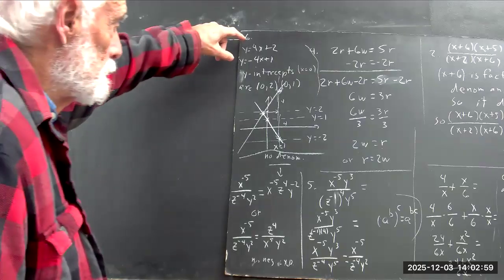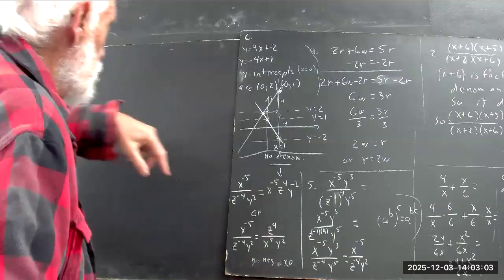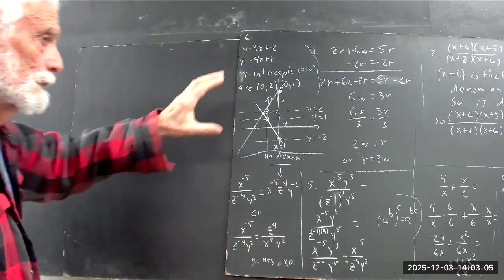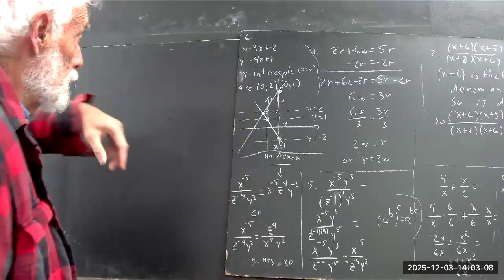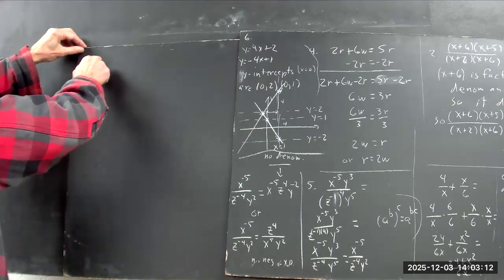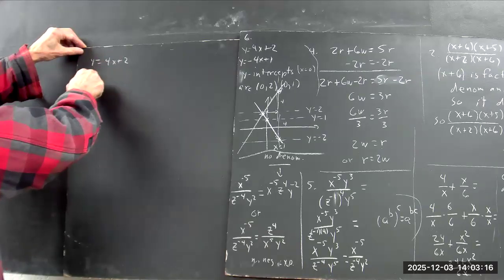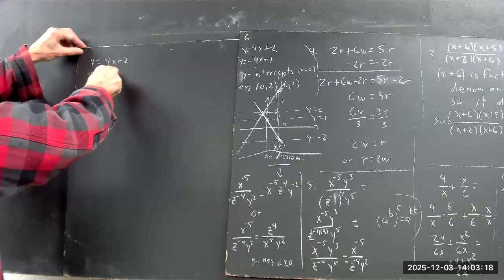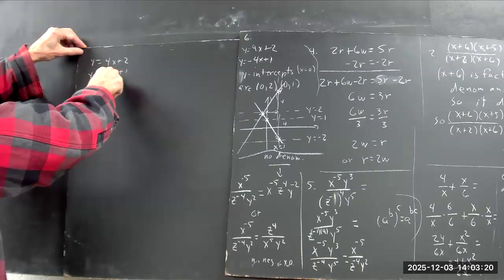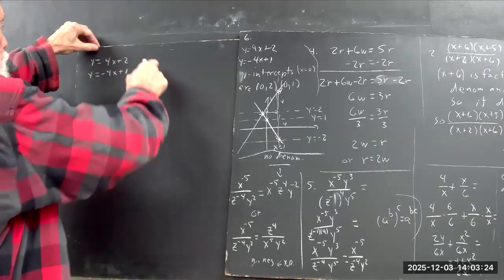We were graphing this system of equations and ran out of time and also kind of ran out of board space. So let's take another look. We have y equals 4x plus 2, y equals negative 4x plus 1. For this equation,